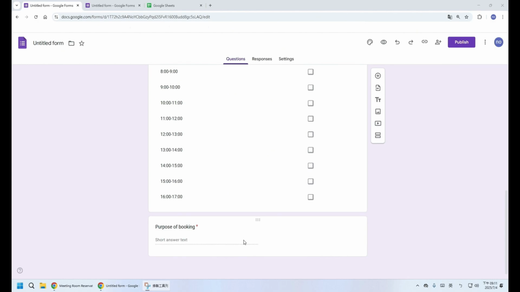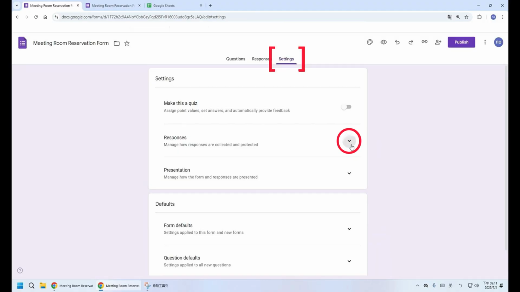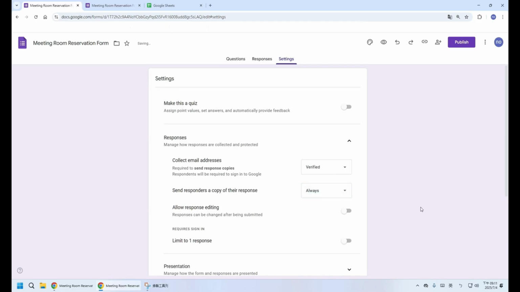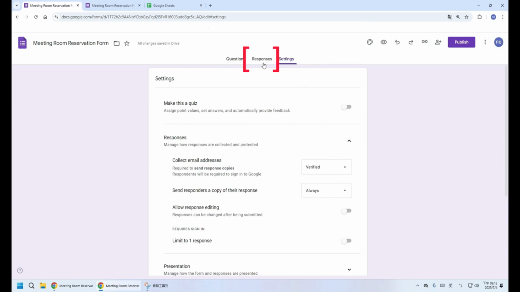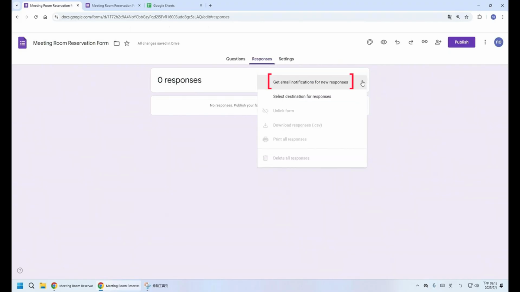After we created the form, let's click on the file. And the name of the file is already set. We didn't ask for a mailbox on the setup. It's because we're going to set it up here. Let the system collect it automatically. Allow customers to review the information they have filled out. You don't need to change the other settings. Next, we are going to turn on notifications, so we can review the application reason immediately after a customer submits the form.